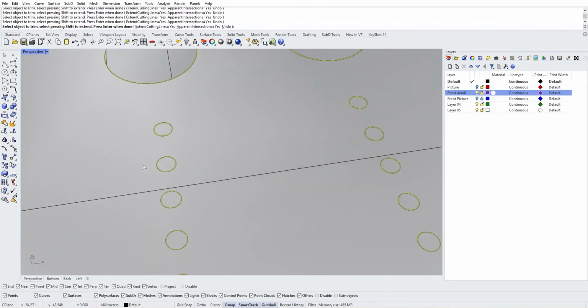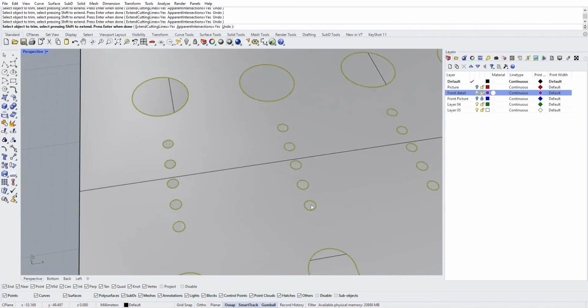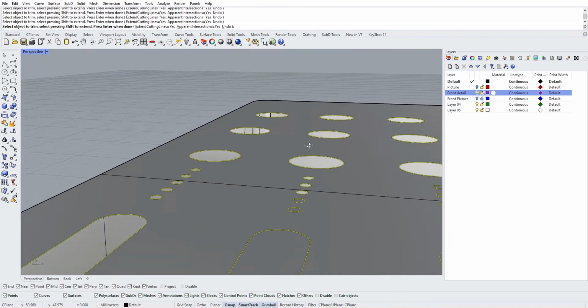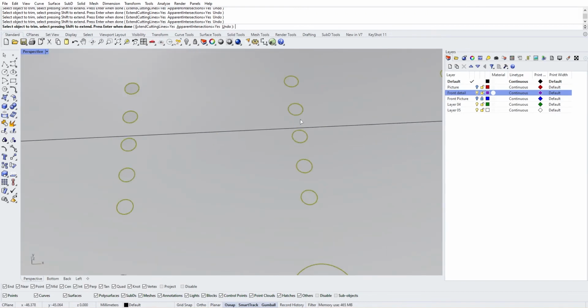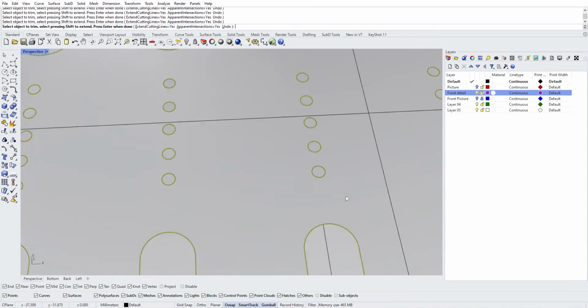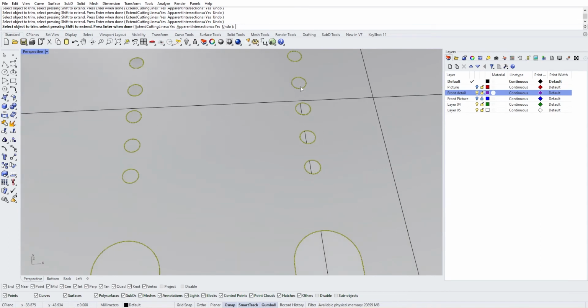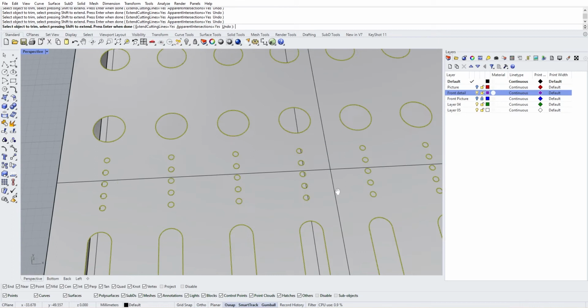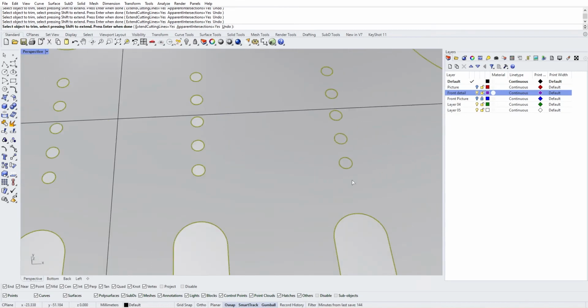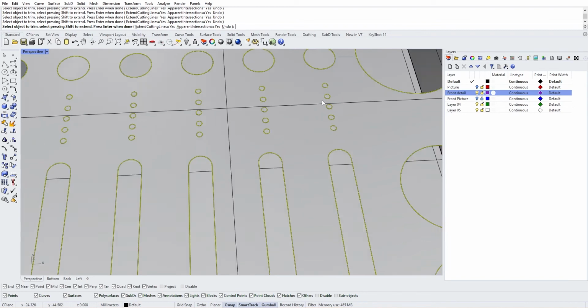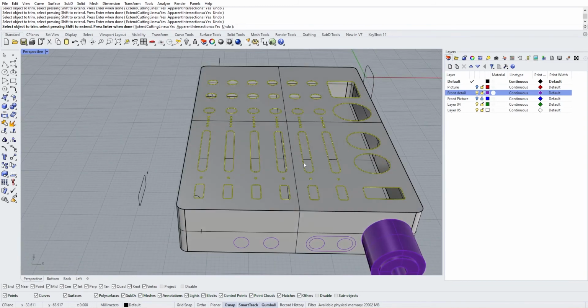So now the little PC is here. Like this, then press enter,